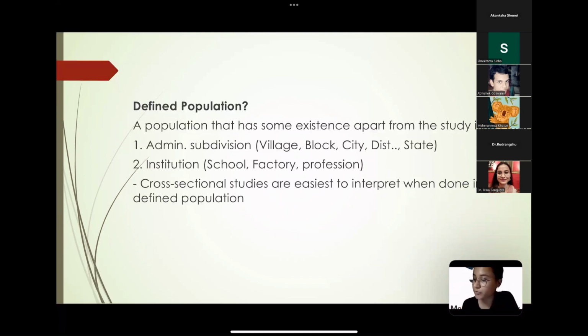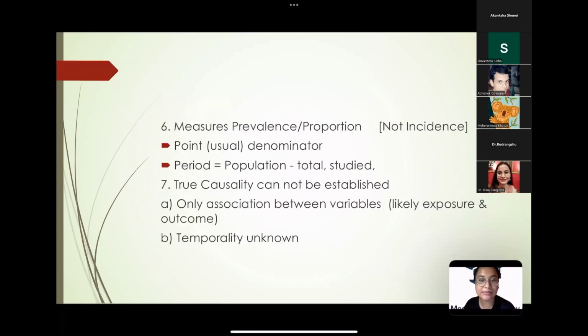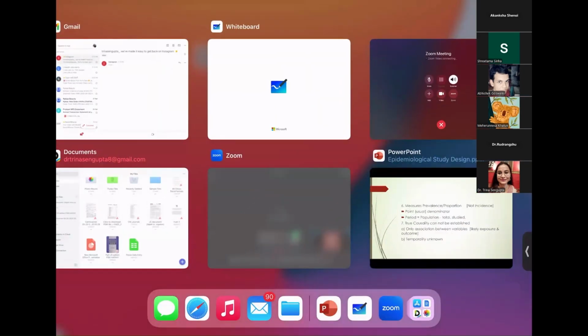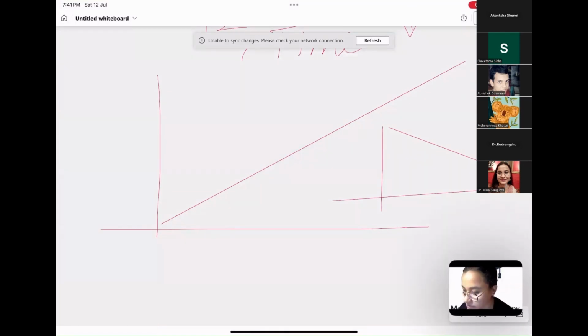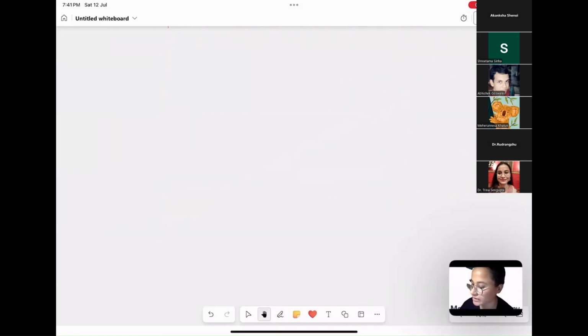So, defined population. Can any of you give me the title or research question of your UG project? Any one of you? So that we can easily cover this cross-sectional study with that example. A study of nutritional status among undergraduate medical students. Among medical students. Undergraduate medical students. So the nutritional status of undergraduate medical students. Very good. So our research question here is,